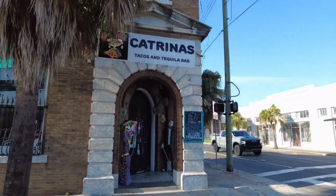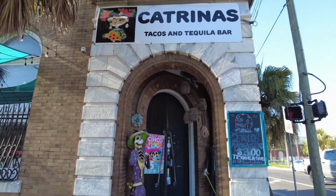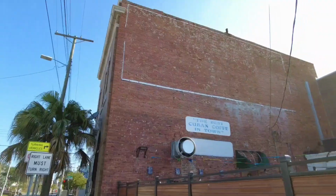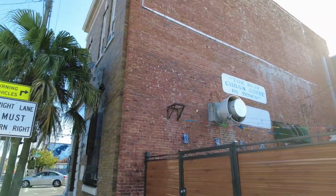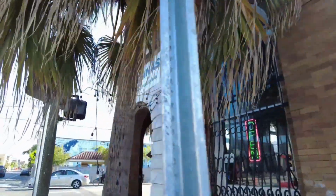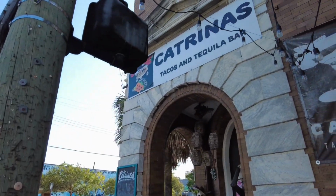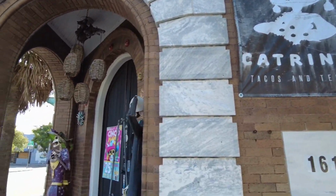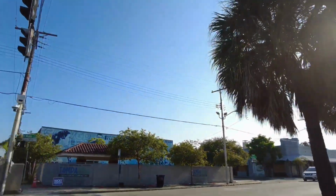Here in front of us is one of the most important buildings in Old West Tampa. It served as the Bank of West Tampa. It was built in 1917. I'm taking the other side. This is the bank that served the area from 1907 to 1933, at which point it got consolidated with some other banks and eventually closed. Then, for many decades, it was the 4th of July Cafe, but that closed in 2017. And now it is Katrina's Taco and Tequila. So, looks like a cool place. But yeah, this is here on the corner of Main and Howard,